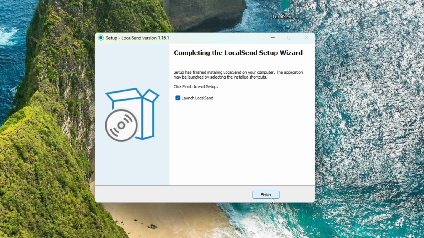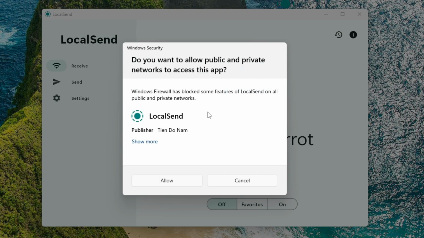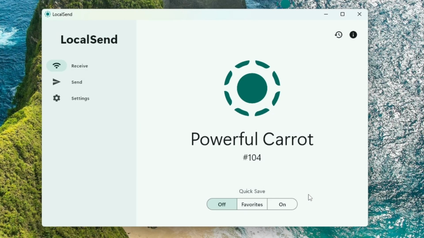And now if you click on finish and check launch LocalSend, it will open LocalSend in a very simple way. You can see, click on allow, and now you can simply share any file to your PC, your iOS, Linux, macOS, any of your devices. So this is how you can download and install LocalSend for your